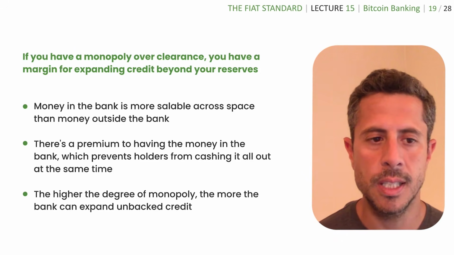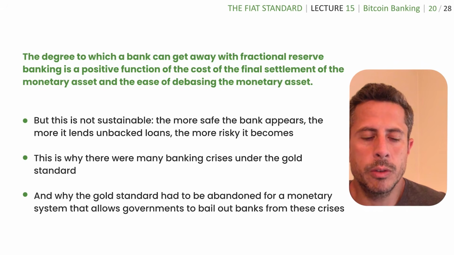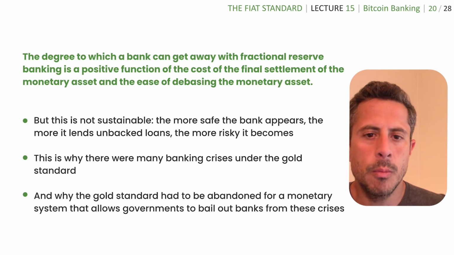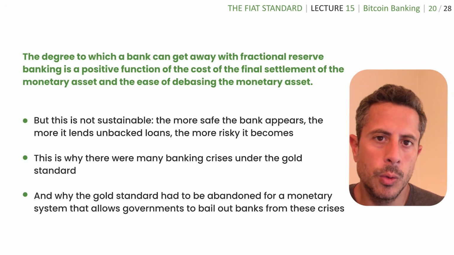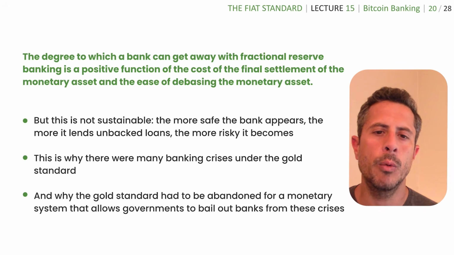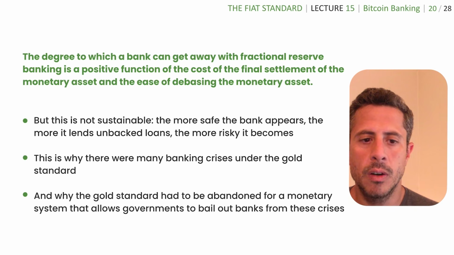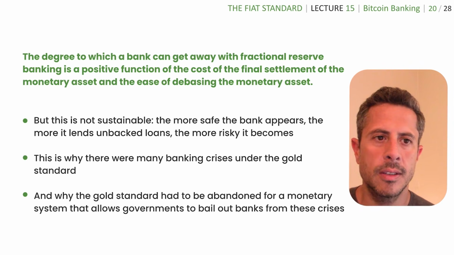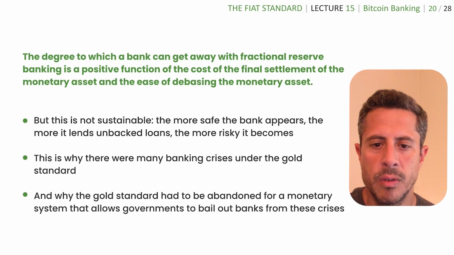But Bitcoin fixes this. So the way that I like to think of this is that the degree to which a bank can get away with fractional reserve banking is a positive function of the cost of the final settlement of the monetary asset. The more expensive it is to move a form of money around, the more reliant you are on a particular bank, the more the bank can get away with messing around with you. And it's also a function of the ease of debasing the monetary asset. The easier it is to make fake money and pass it off as real money,